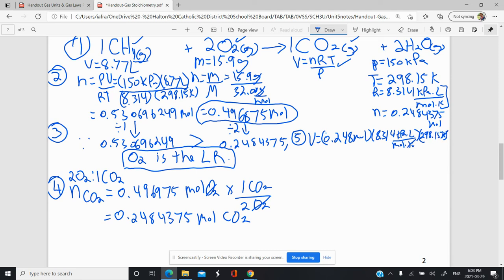Cross Kelvin out, cross moles out. Don't forget to put over the pressure, which was 150 kPa. Cross kPa out, and you're left with volume in the end. And so we'll do that times 8.314 times 298.15 divided by 150, and we get